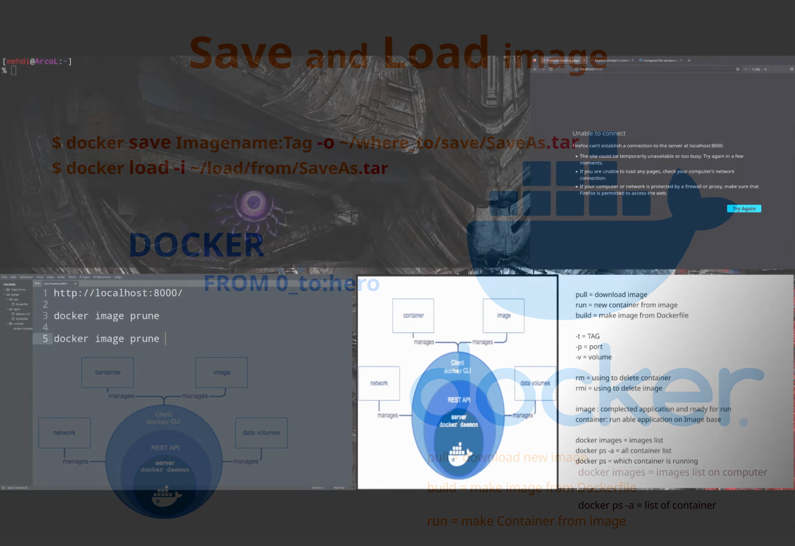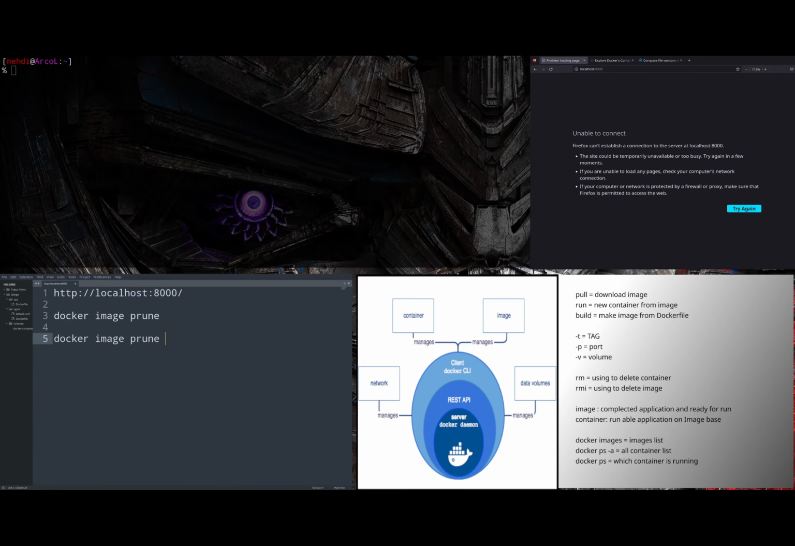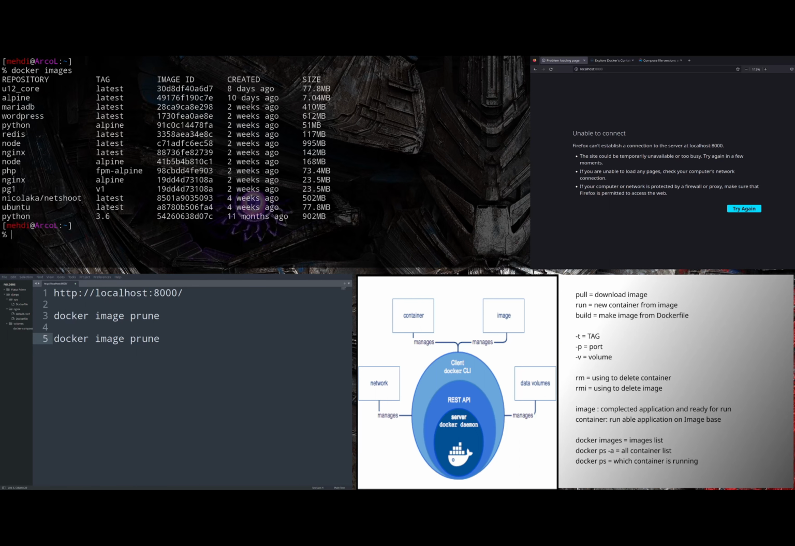And don't be afraid to remove some images, because anytime you can upload it and put it again on your system. But you see, sometimes it can get like a 1 GB size. If you don't want to remove and download it again and again and again,